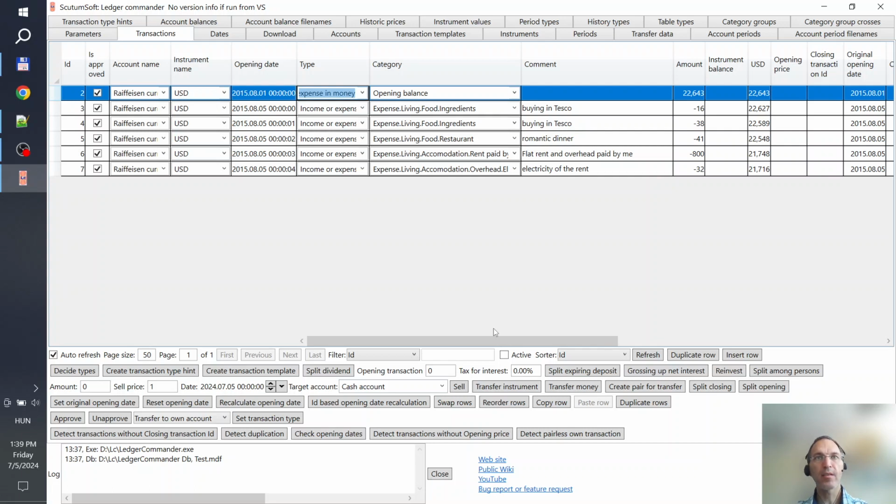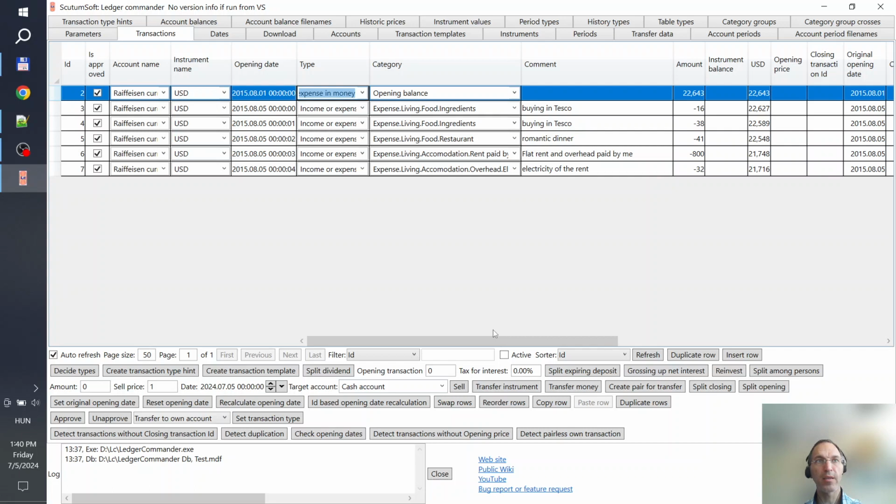Moreover, the transaction order in the internet bank history may not reflect the actual order of the transactions. It is up to you to set the proper order. The opening date is the original opening date plus some seconds. This slight shift makes opening date unique for an account, so the ordering of the transactions will be clear.